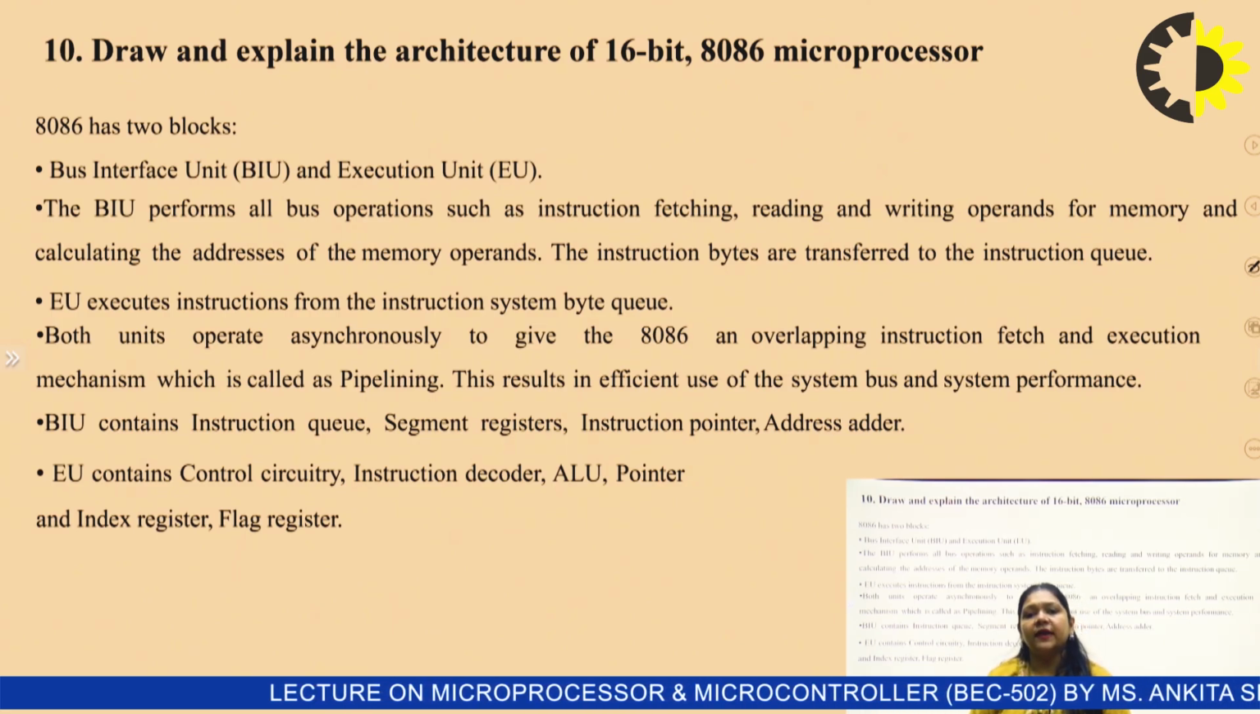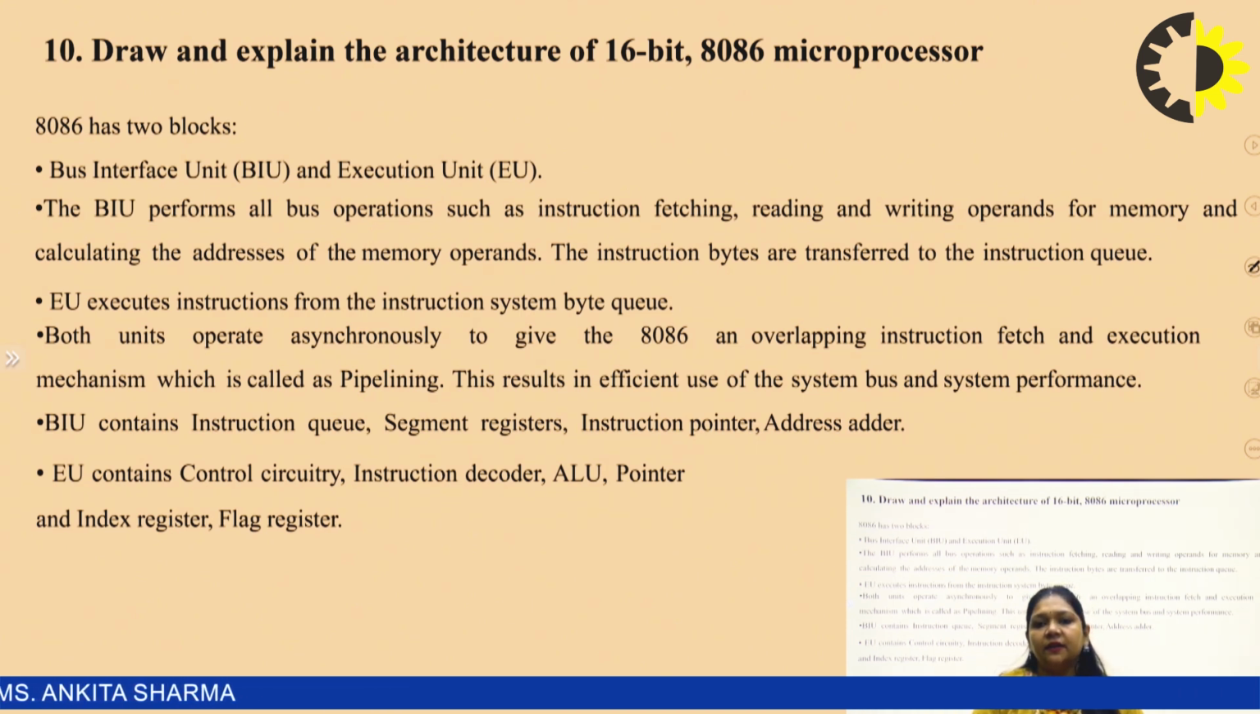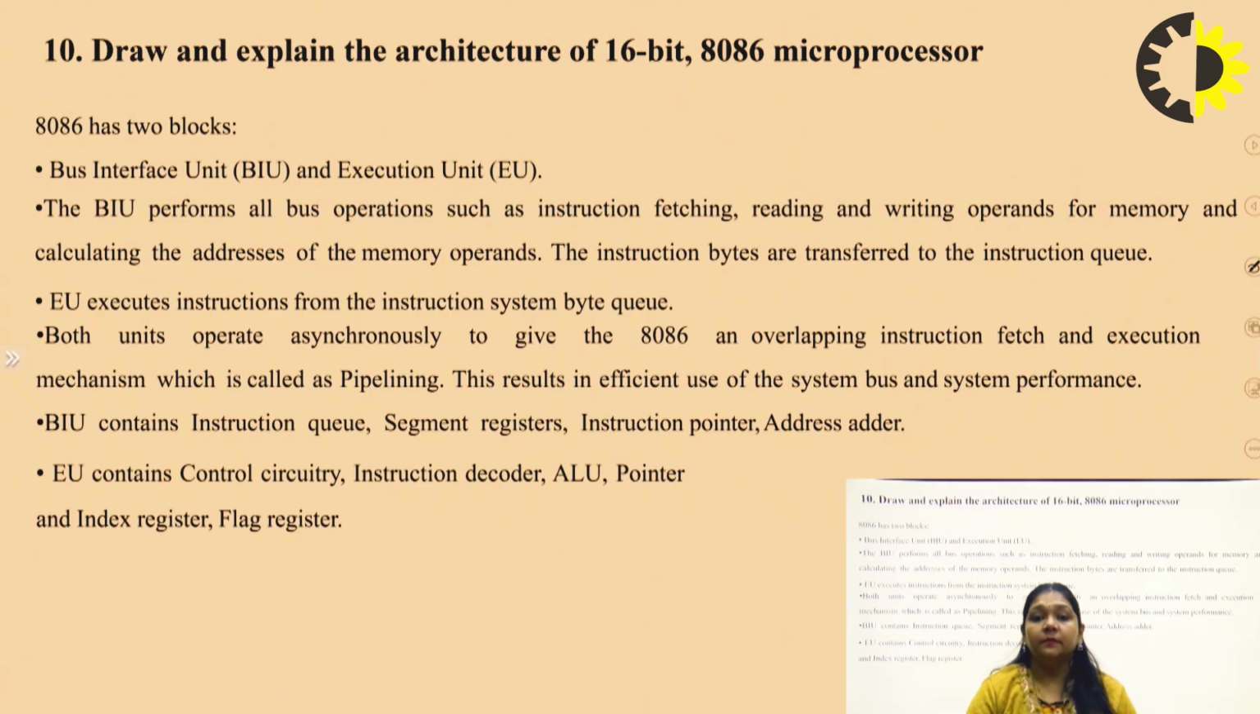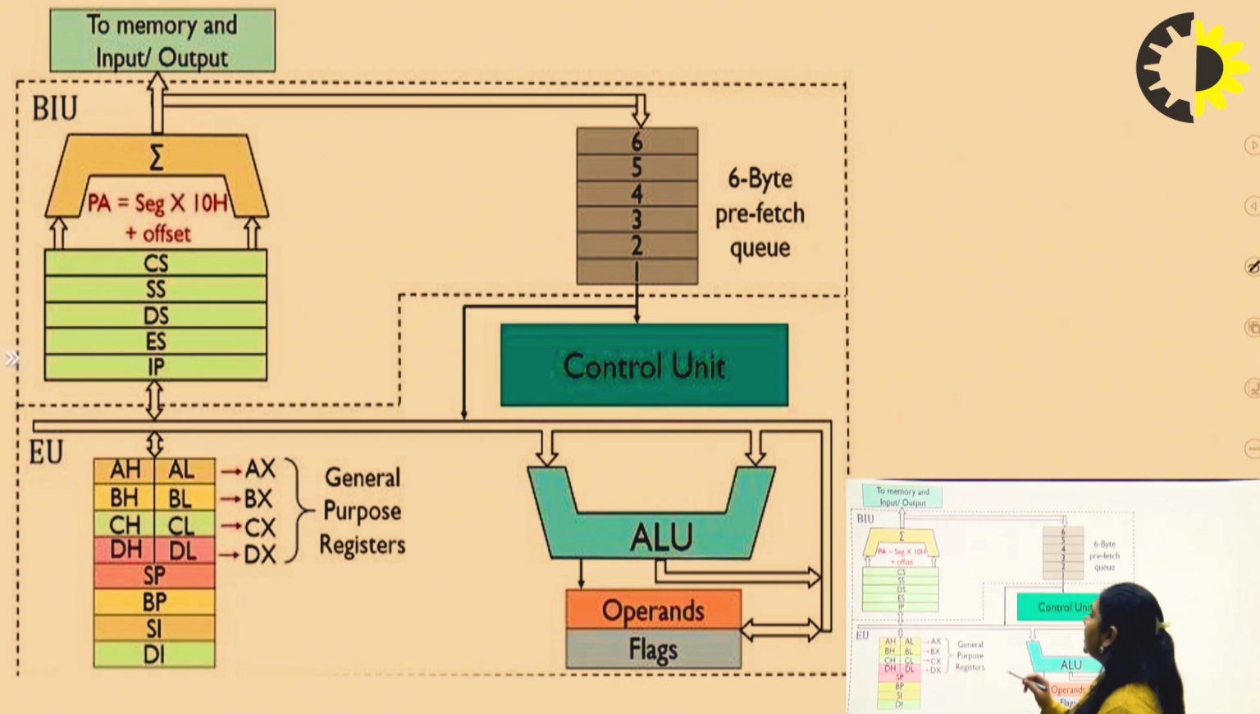So 8086 microprocessor is a 16-bit microprocessor because the data we can transfer in one machine cycle is of 16 bits, and the address lines used are 20 bits. That is why it is a 16-bit 8086 microprocessor. If we look at the architecture, this is the architecture, and if you see the dotted line, the